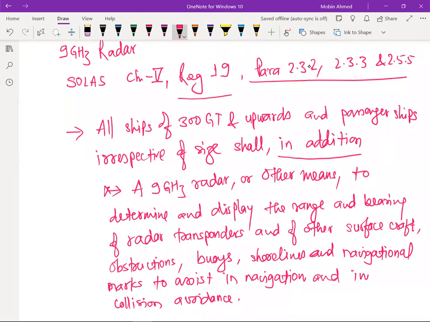So what it is saying is that we are supposed to have a 9 gigahertz radar, which is going to determine